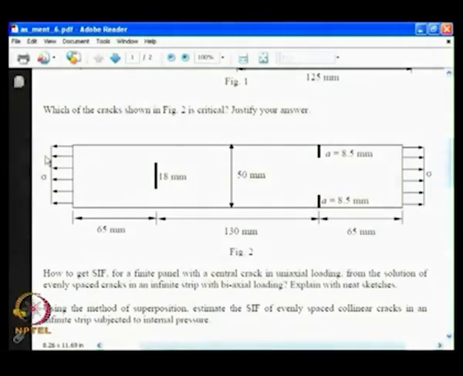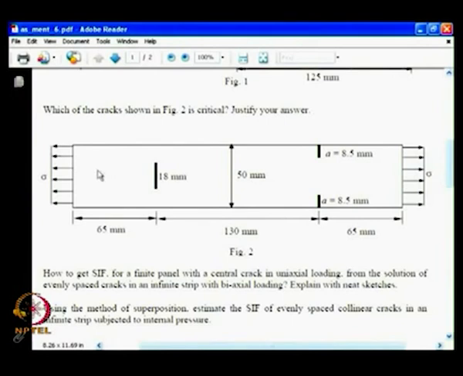Now, what we will look at is, we have looked at in the last class a problem for which you need to bring specimens and see in a multiple crack scenario how the specimen behaves. Let us look at the specimen first, and the specimen was something like this. What you had was a thin strip of paper, because it is easy for us to bring it as a specimen, and you had one central crack. This is shown as a thick line, just for clarity, the crack will be invisible,